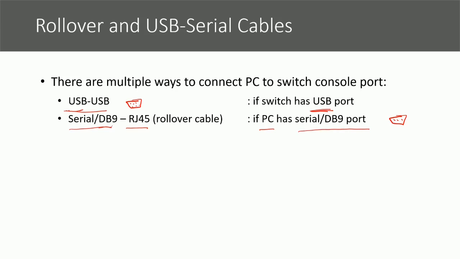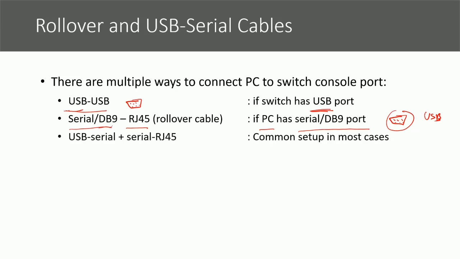These interfaces used to be the default for serial connectivity in all PCs, but not anymore. Now, if your PC has USB only and your network device has RJ45, or if you want a cable that can be used in all cases, whether your device has USB or RJ45, it is common to have this combination. This combination means you need one cable, which is USB to serial, to connect to your PC